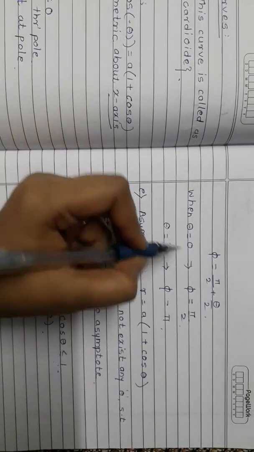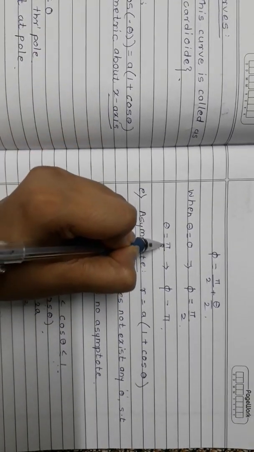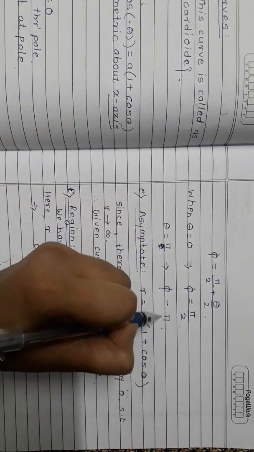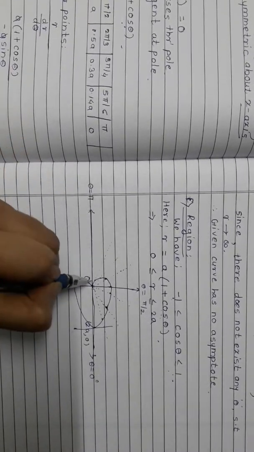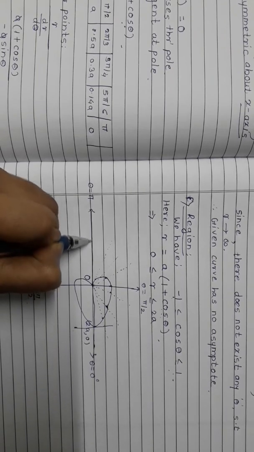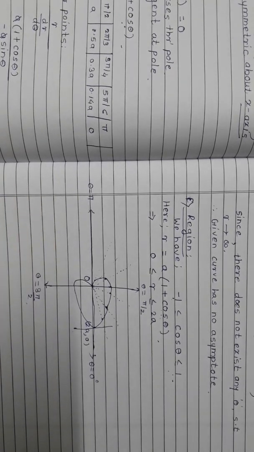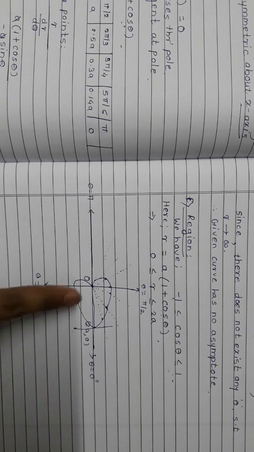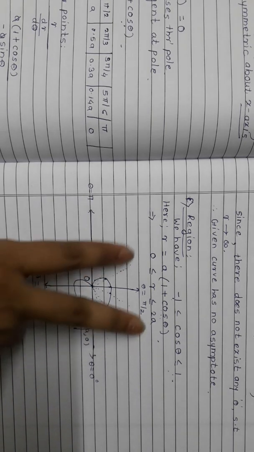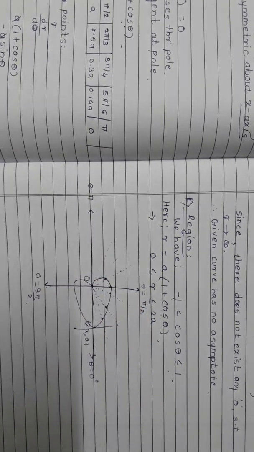When you consider theta is equal to pi, this is actually pi, right? So in that case this line is nothing but the tangent line, right? So it is just a verification part, the tangent at other points. Okay, you can verify using this thing. So draw the cardioid using the table only. Okay, and you can verify that the curve region lies between 0 to 2a, which we have proved earlier, right? And that's the thing.